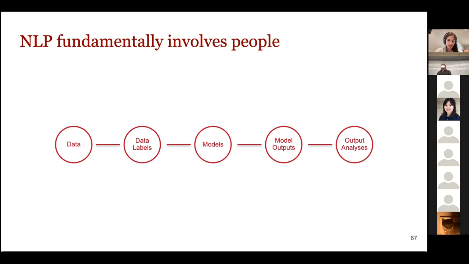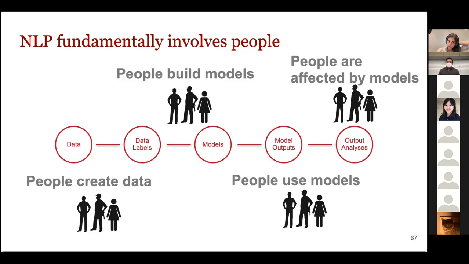And when we're thinking about NLP that's getting deployed in people-centric settings, a lot of times this technology can have unintended consequences. So one of these topics that I'm talking about has goals of reducing online harassment and people-centric tasks. And so this is an area where we can see that people are innately involved. But this is really true of any NLP system in general, that language is fundamentally produced by people. Any data that we're using was written by people. People are the ones who build models, who use models, who are affected by them.